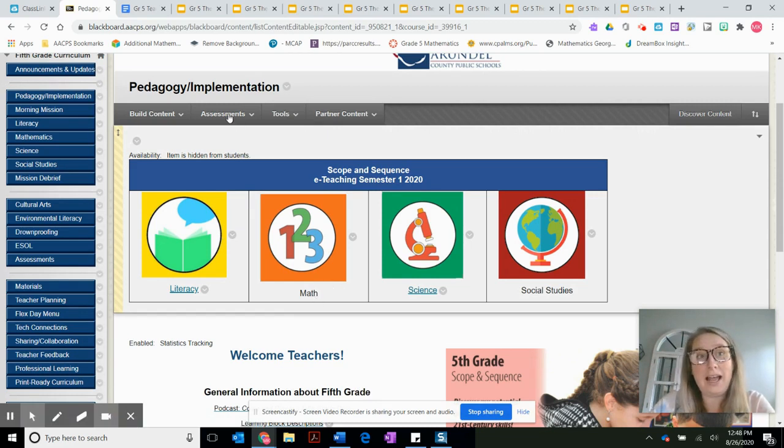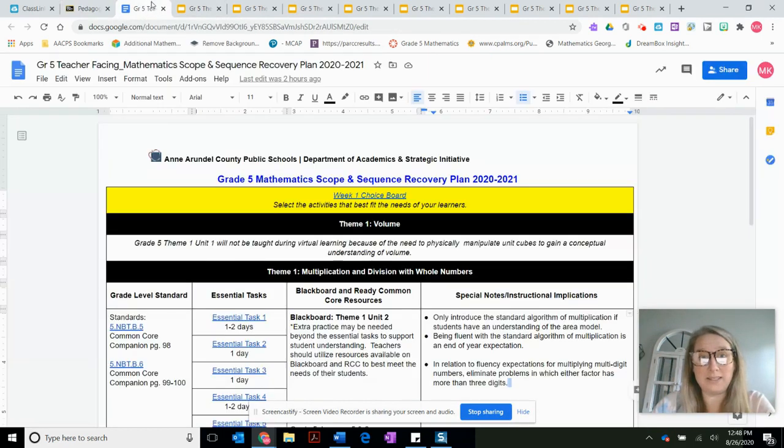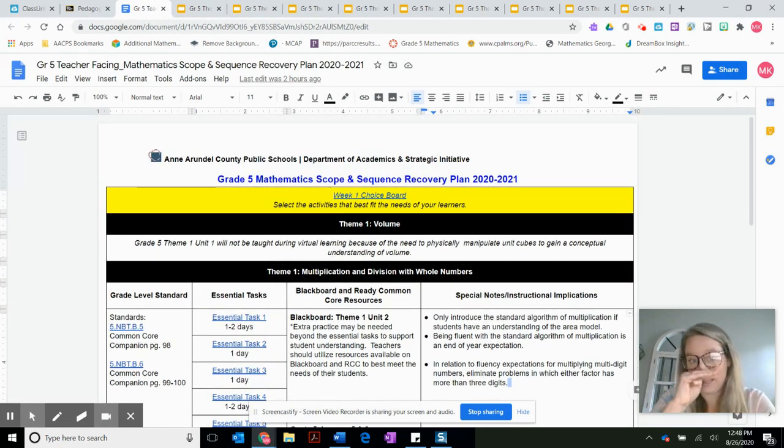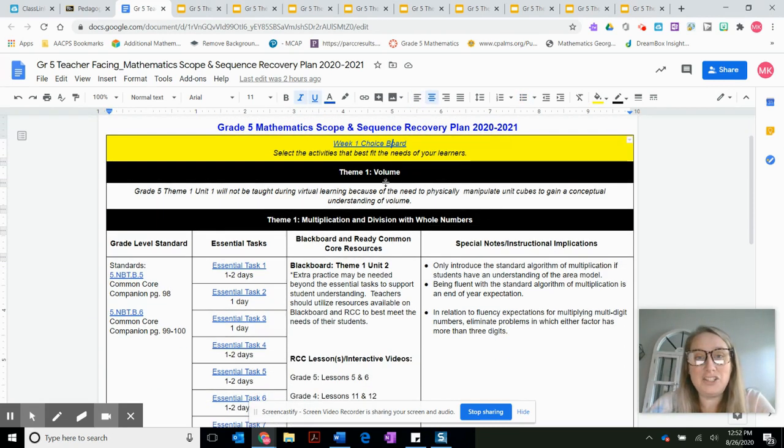So you're just going to go ahead and click on that math scope and sequence. And that is going to open up this grade 5 math scope and sequence recovery plan for the 2020-2021 school year. Following that, I just want to point out